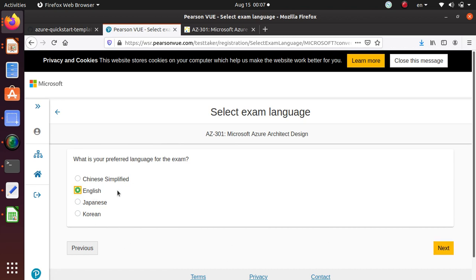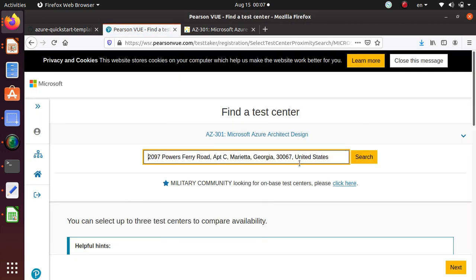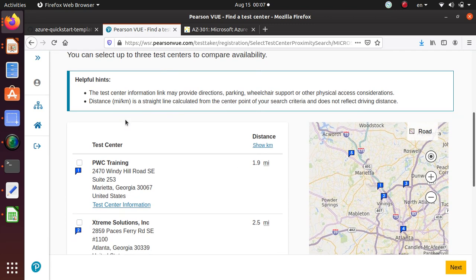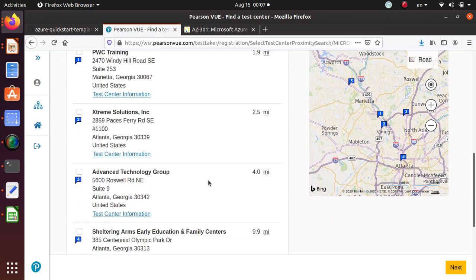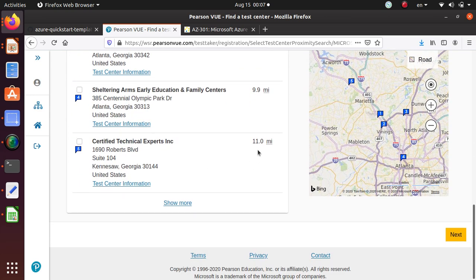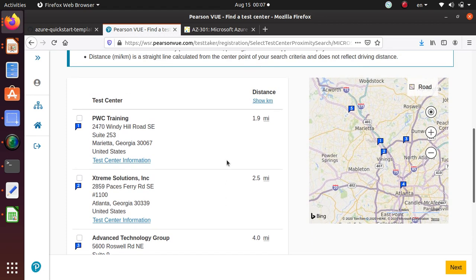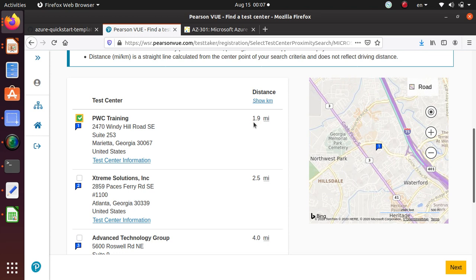That's the only language I can read other than my mother tongue, but that language is not supported here. So here it's going to ask you, based on your location, what are the testing centers where you can go and take the test. Okay, it's giving me, looks like within 11 miles, the top 5 closest test centers. So I'm just going to choose the one that is closest to me, most likely,